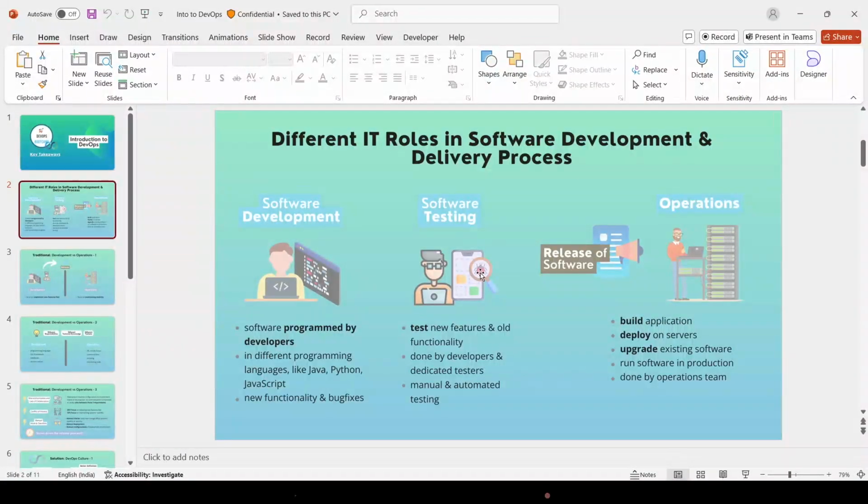In an organization, what is the basic requirement? The client will have a requirement, for example, a software to be developed. They will plan, develop the code, test, and then deploy it in production. This process has to be known by the DevOps guys so that they can do their tasks efficiently.